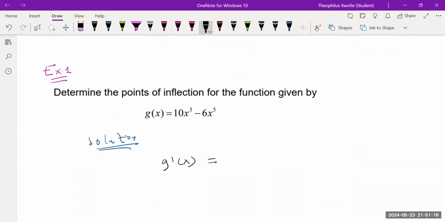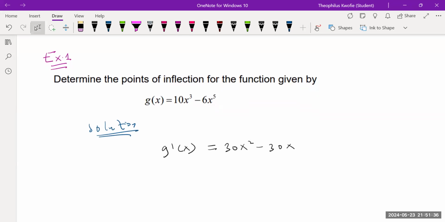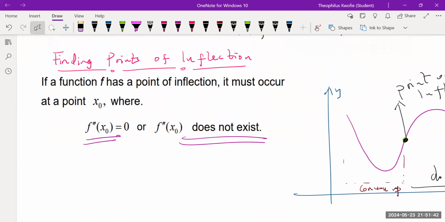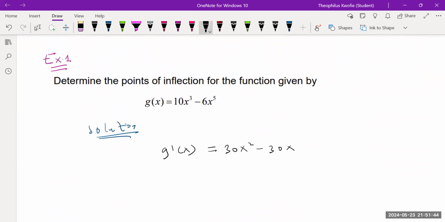So the first derivative of this will be what? Our first derivative would just be 30x squared minus 30x, okay? But remember, per the definition, we need a second derivative. So we go further to find the second derivative. So what would be the second derivative? That would be 60x minus